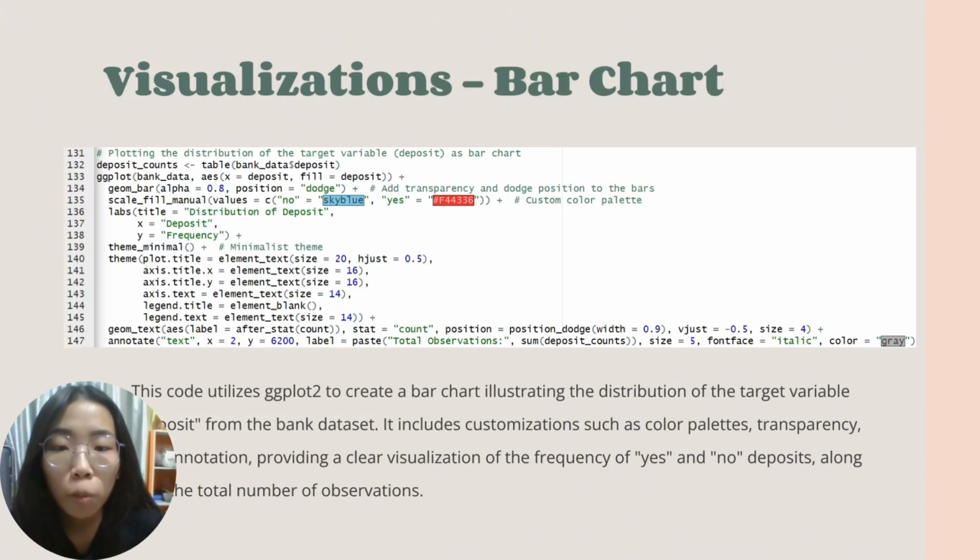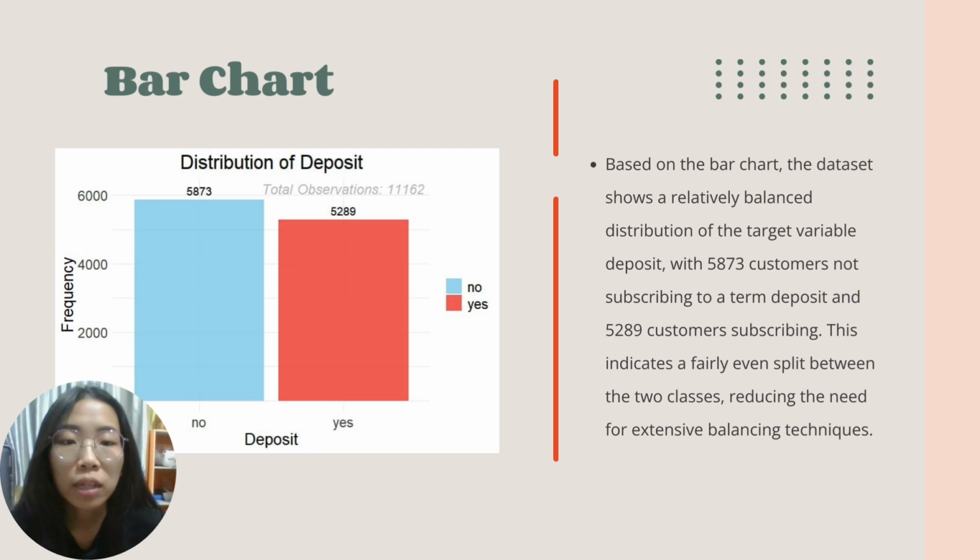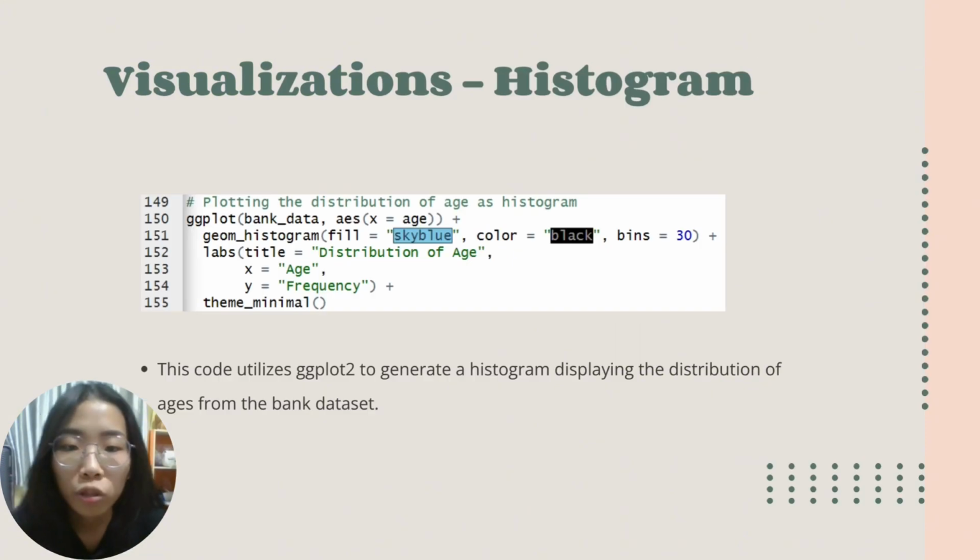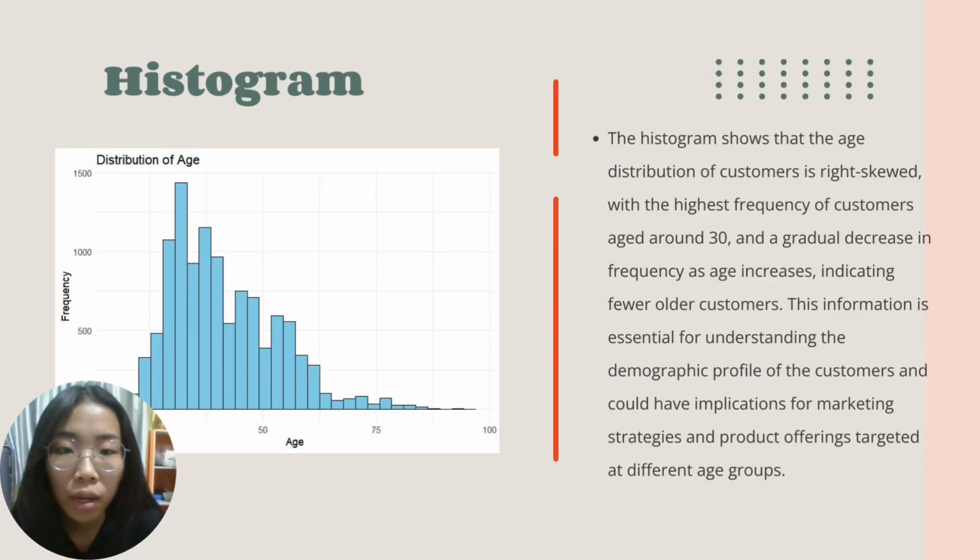We also use ggplot2 to create a bar chart to illustrate the distribution of deposits. Based on the bar chart, the dataset shows a relatively balanced distribution of the target variable deposit. We also generate a histogram to display the distribution of age. The histogram shows that the age distribution for customers is right-skewed, with the highest frequency of customer age around